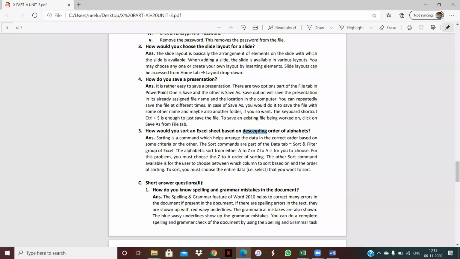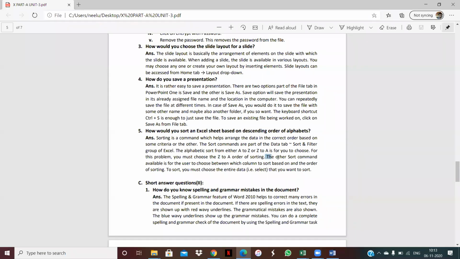In alphabets, if you want to set the descending order, then you have to click on Z to A. But if you click on A to Z, it means you sort your data in ascending order. If you press Z to A, it means you want to represent your data in descending order.